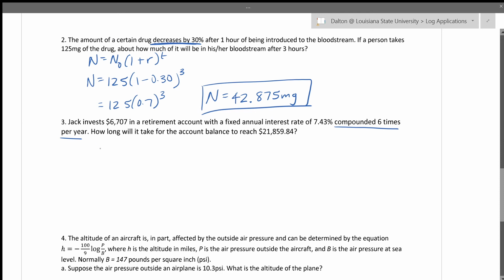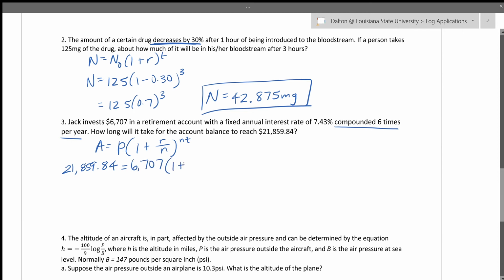A is equal to P times (1 plus r over n), all to the nt power. So let's substitute in our information. Your final amount is actually given to us. So this is going to be 21,859.84 is equal to our principal amount, or our initial amount, his initial investment, which is $6,707,